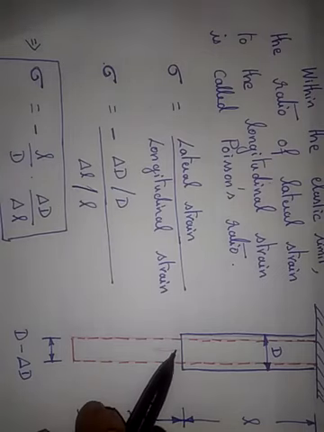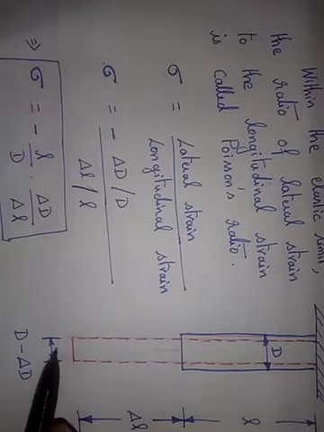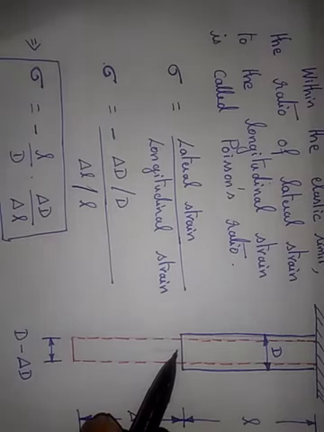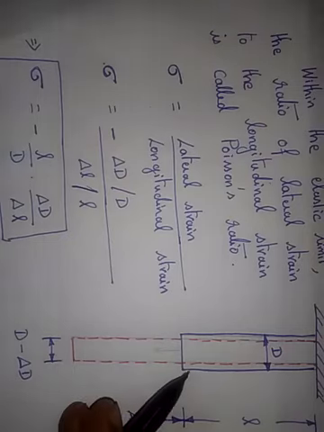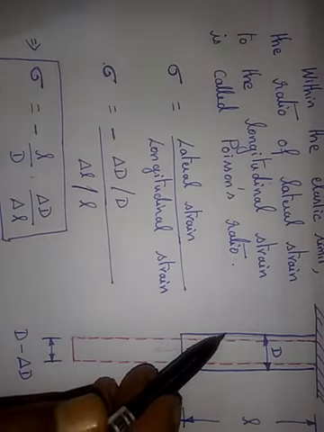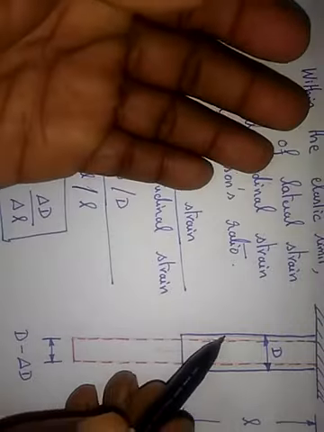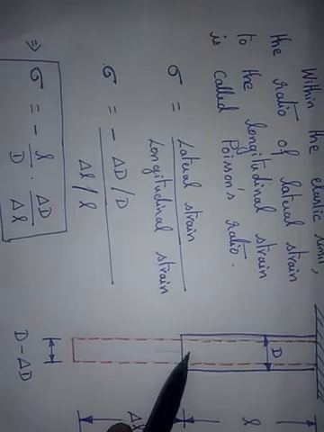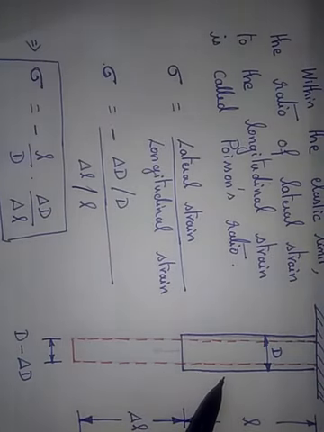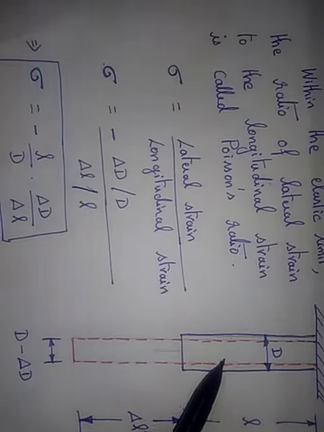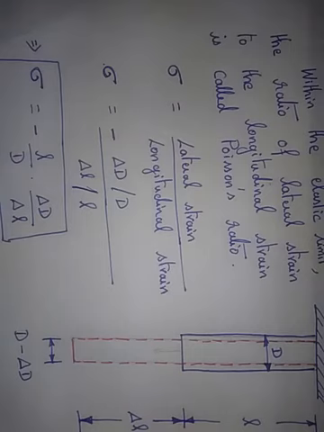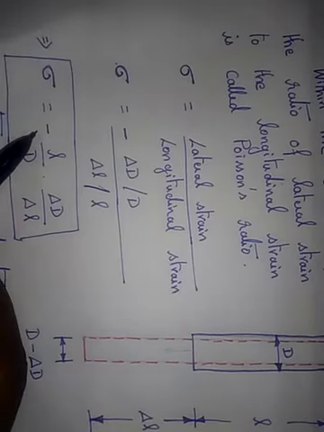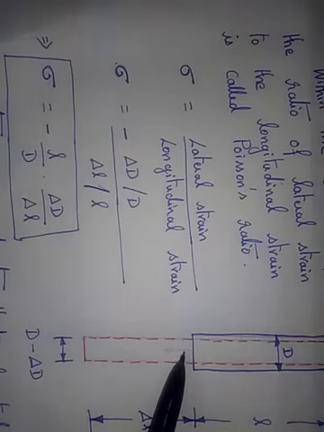If you see, this force is applied vertically, therefore the change in length is in this direction, whereas the compressive force, the change in diameter, is in this direction. Now if you just see these two forces, they are acting perpendicular, that is it is at 90 degrees between this compressive force and this elongative force. Okay, so the important thing here we have to remember is the significance of minus, because when one is increasing,